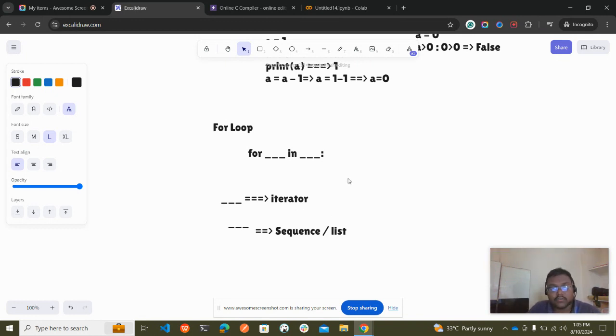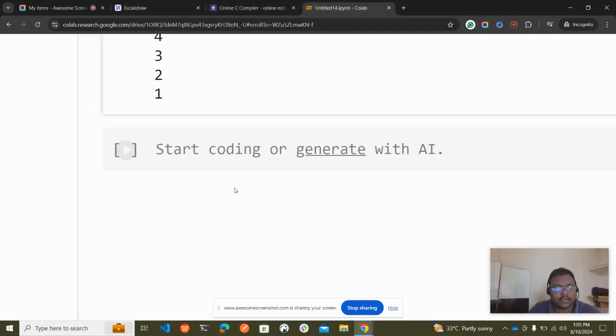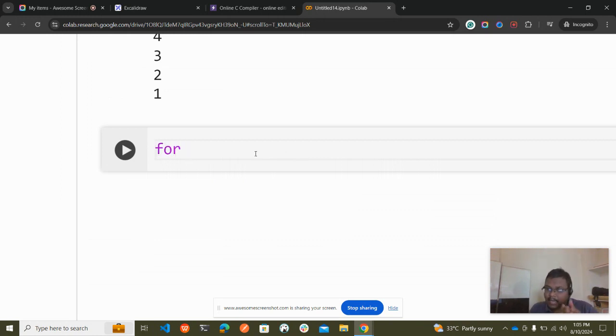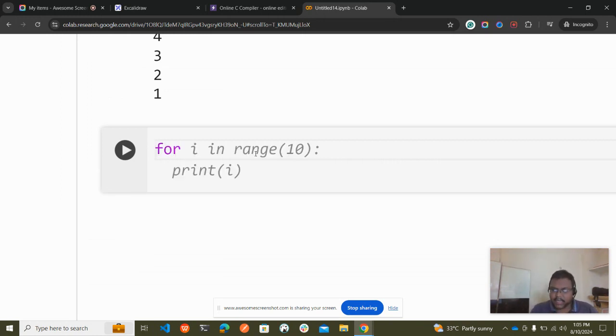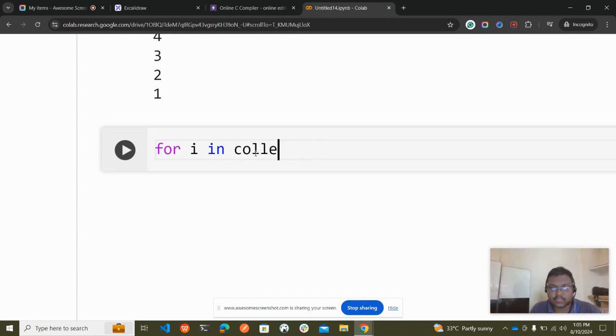Now what I need to do, for example, if I go to this block, for I need to take an iterator, which in my terms I will be taking as I. Okay, for I in, so we have a collection of books here. For I in collection of books. Okay, I'll be keeping the syntax here.